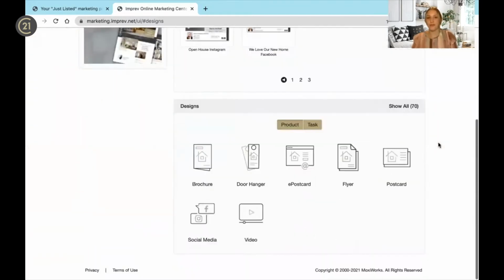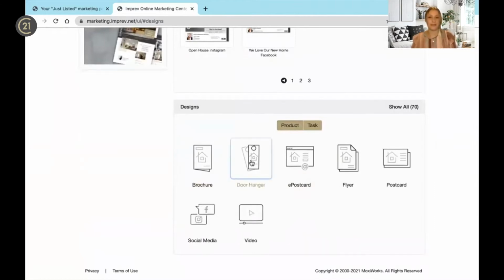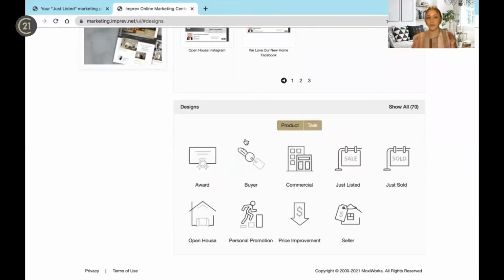If you scroll down, you can search for a marketing piece by the product. So this has everything from your brochures to postcards to your videos. So it can all be easily found through there. Or you can search by task. So say if you know that you are presenting to a buyer or a seller, or maybe it's a just listed, you can go and find each piece organized by here. So that's 3 different ways that you can find your perfect marketing piece, and it's bound to fit whatever needs